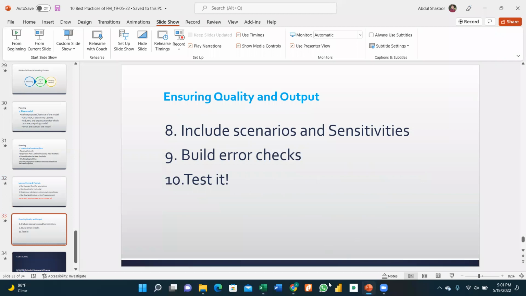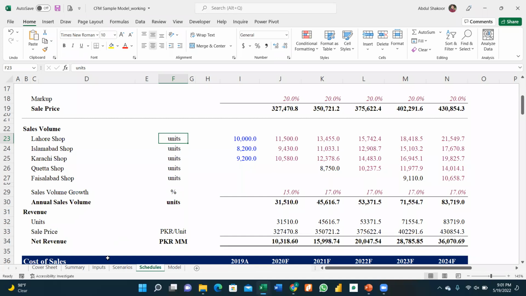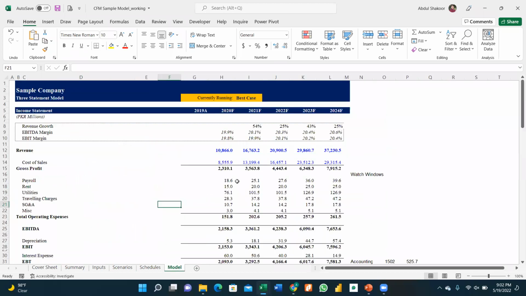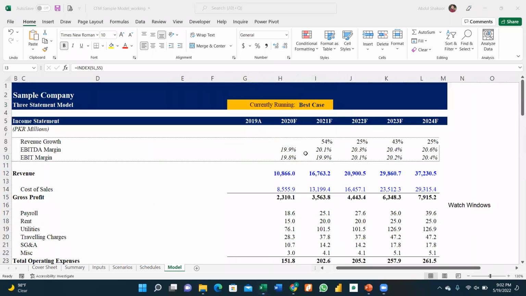So what is meant by scenario? Whenever you are preparing a financial model, it is mandatory that you use a minimum of 3 scenarios in your financial model. For example, a base case, best case, and worst case. Whenever you change the scenario, the entire financial model will change automatically. For example, here you can see that the currently running scenario is the best case. And in this best case, we have a revenue of